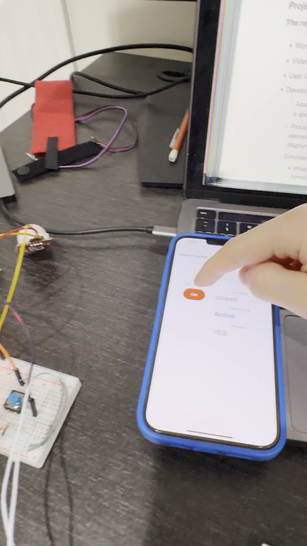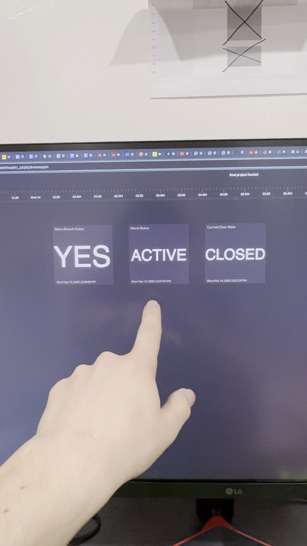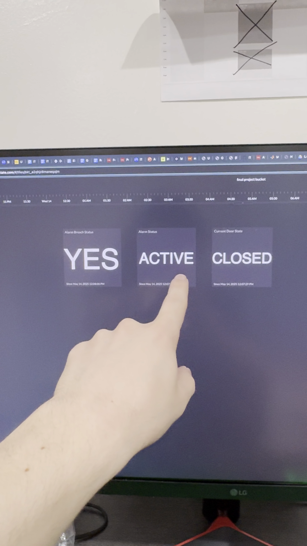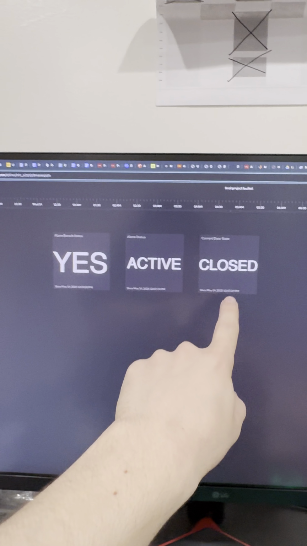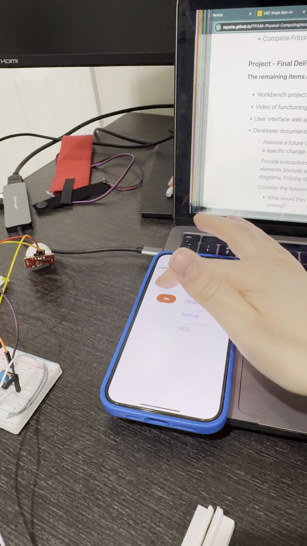Now I'll use the interface one last time. Also keep in mind that during this time, the initial state is continuously being updated. So here you have the alarm status active. There's a breach, and the door right now is currently closed because I used the motion sensor and didn't open the door. So if I just turn off the alarm,